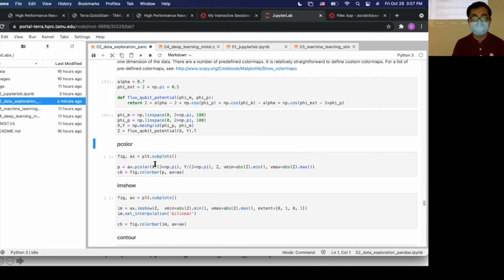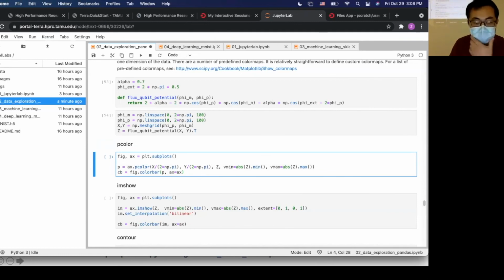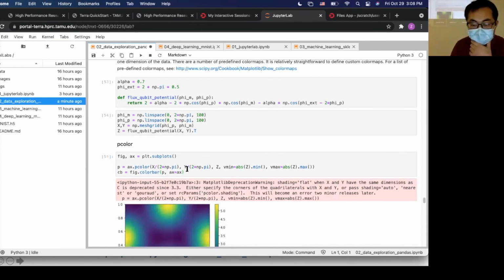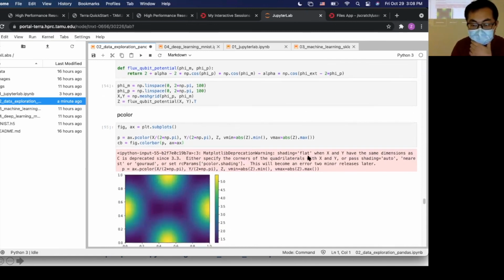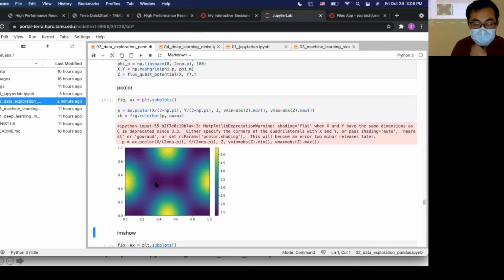For color plotting, we can use two different methods. The first one is called pcolor. You use axis.pcolor with parameters x, y, and z, and it normalizes x, y, and z from 0 to 1. If we run it with shading flat, you can see this figure now.